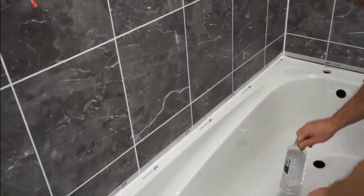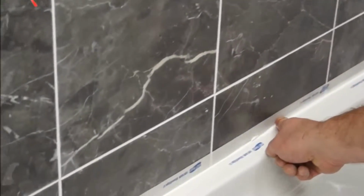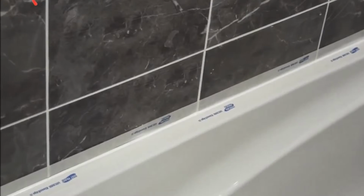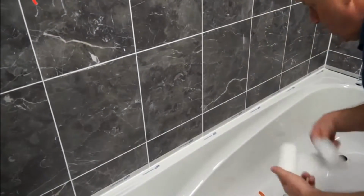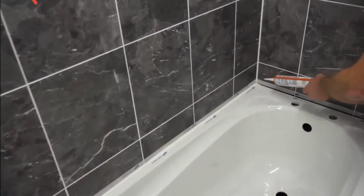Again, finger in the white spirit, or like I say, washing up liquid. Run that across. Go halfway through it. Just place another little tiny bit in there, like so. Again, run your finger through it, all the way along to the end. And this is where your tissue comes in handy. Another little bit of tissue. And again on the end of the bath,